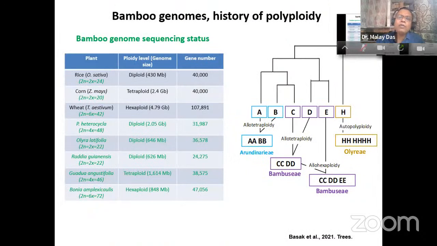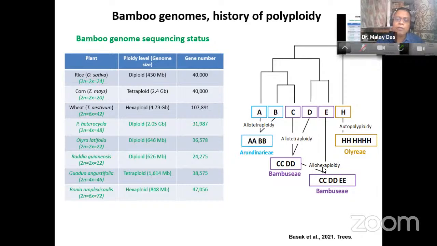Now, before you start doing genetics on any crop, first you have to have a fair idea about the genome of that plant. And as I already told you, bamboo has a very complicated history of polyploid genome. As you see here, it has different genomic compositions, that is A, B, C, D, E, and H, and they cross with each other and form different kinds of allohexaploids